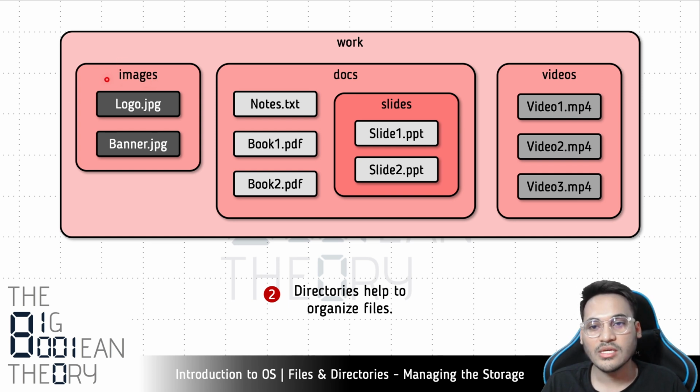So basically this is the images folder, and all of the images related to the YouTube channel, the logo and the banner, I have put them in the images folder, right? And similarly, all the video files that were there have been put in one directory, that is the videos directory. So apart from the images folder and the videos folder, the remaining files that were there, in a way